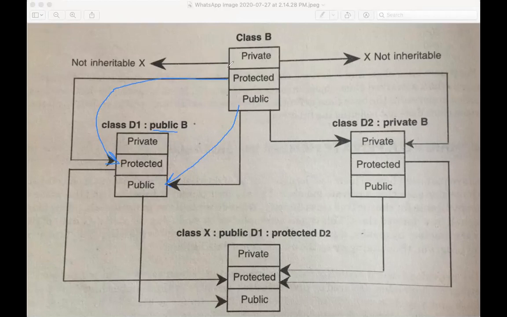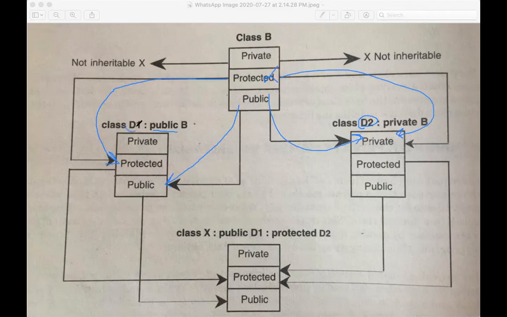So whatever the fields of your base class B, in the derived class public is public, protected is protected. But in case of private derivation, what happens? Protected becomes private, and public also becomes private. So if it becomes private, then the object of D2 cannot access this member of class B. Members of class B are not accessible using the object of D2.